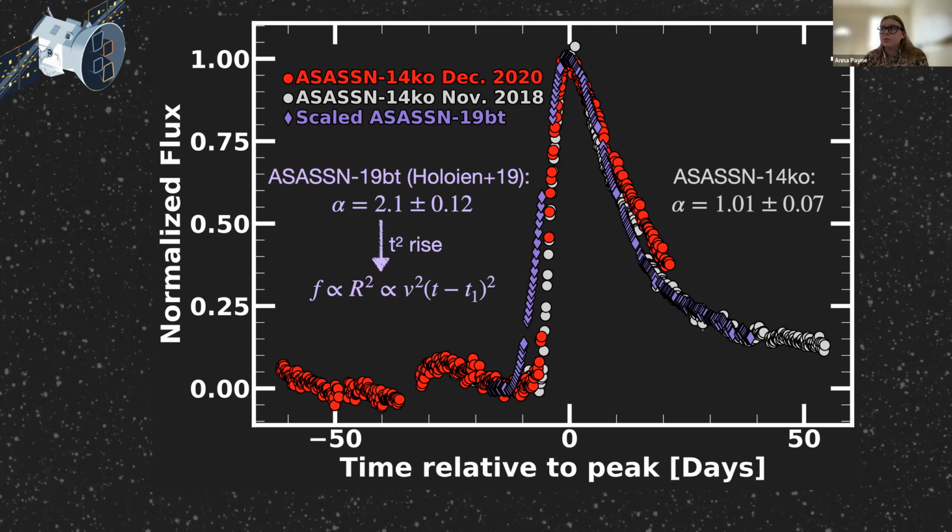But we don't see this for 14ko. Instead, it's more consistent with a linear rise. So maybe this is due to the fact that it's a partial TDE, compared to the 3 other total TDEs. There's less mass being disrupted for each passage. But this is really illustrating why we need more early time rise measurements for TDEs. This is such a small sample.